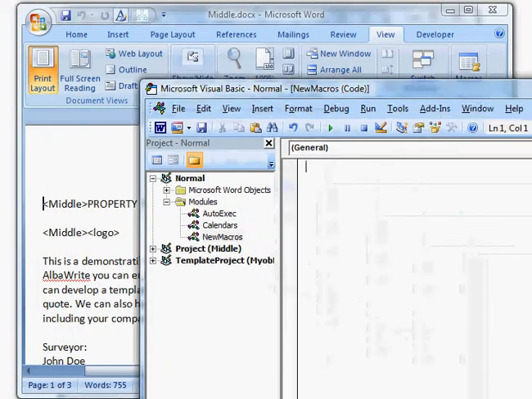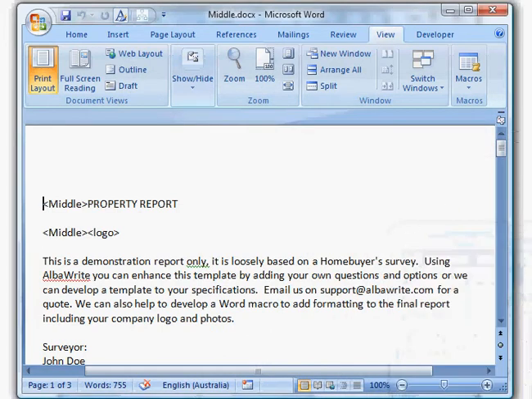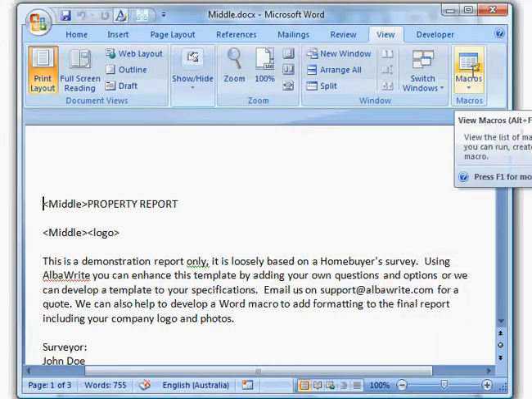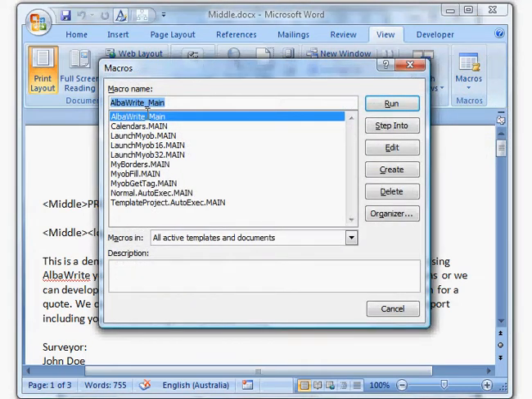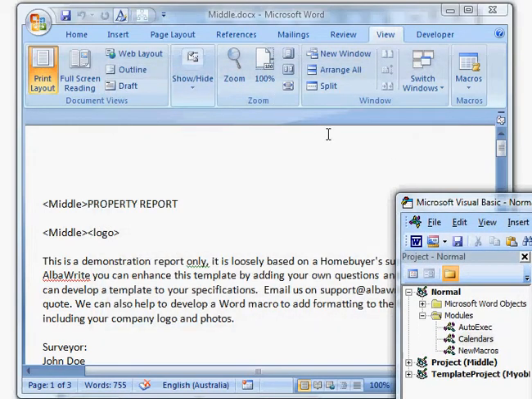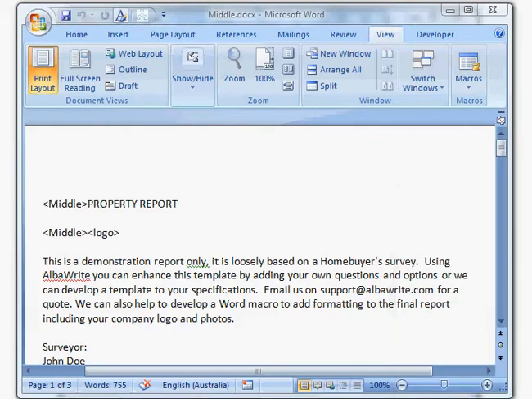If we go back to that section but you already had the macro, I'm just going to show you what it's going to look like. So say you're replacing the macro. When you go and view macros now, you're going to see you've got this macro here, Alberite main. In this case the edit button will be available. You click edit there and up comes